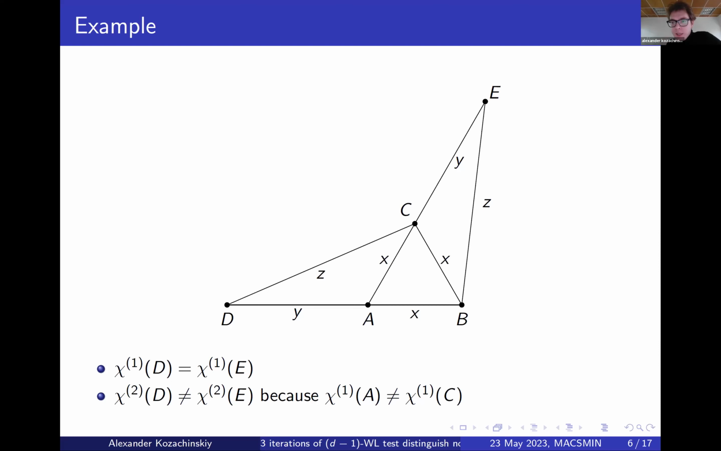So after the first iteration, these points will have the same label, but they will have a different label after the second iteration. Why is that? Because if you look at A and C, they have different labels already after the first iteration, because, what happens with A, let's say,